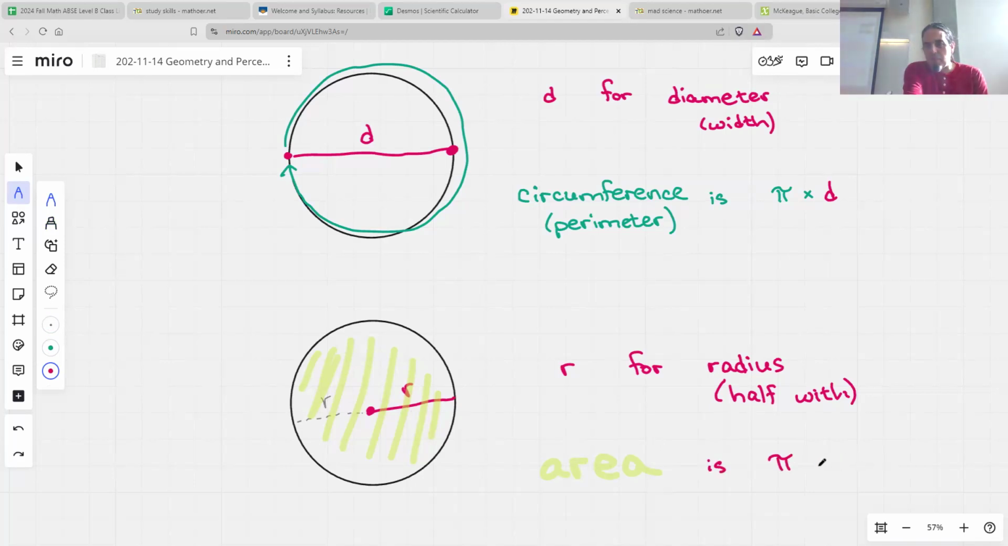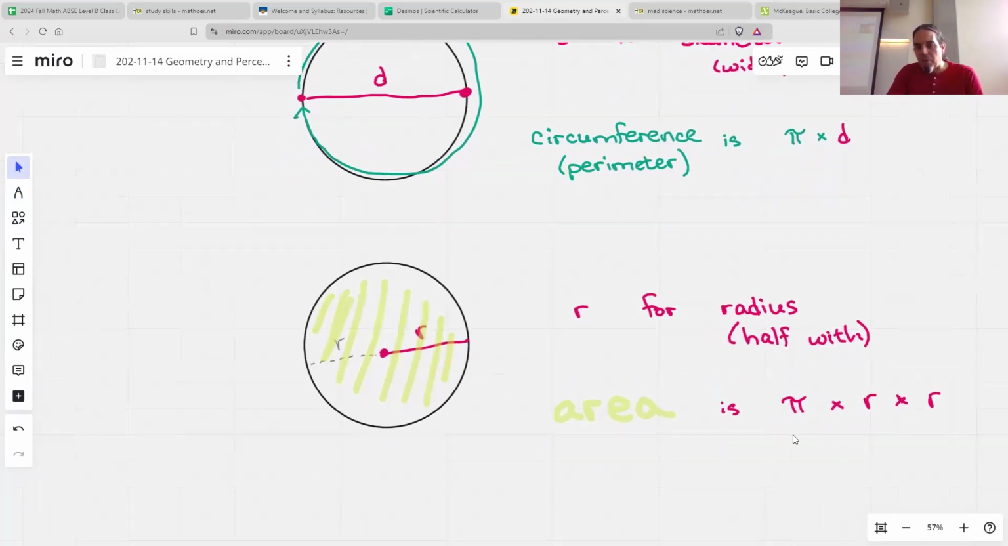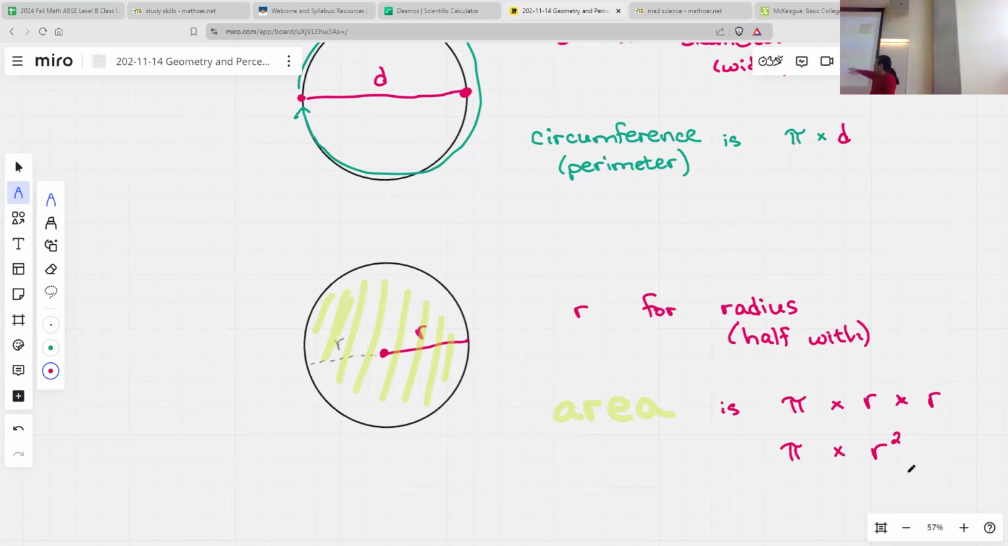Oops, I should make an x times the radius again. And if you like squared as a notation, then you could write that as pi times r squared. It means the same thing. I actually like the top better, radius times radius, kind of spelled out the long way, because some people will rewrite